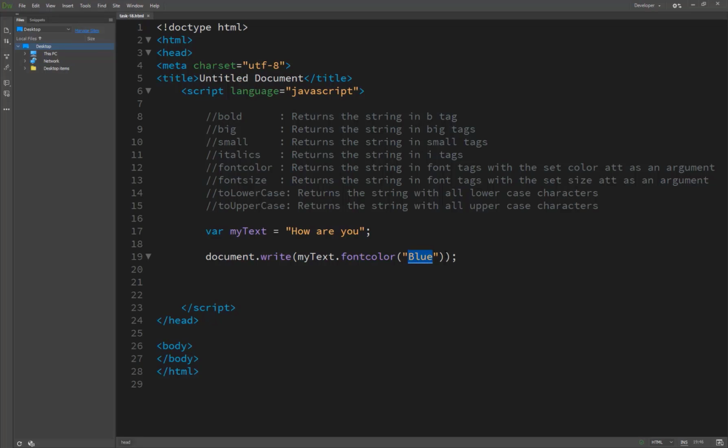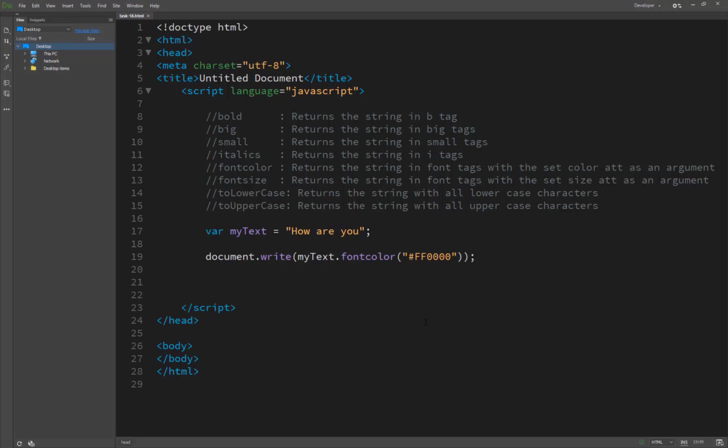We are passing here two different methods for passing color. The first one is the major color names: blue, black, yellow, white, green. So you can easily write here, but if you know about color codes, let's suppose I write a code, and this code is for red, and now you see this basically works perfectly because I wrote a color code for red.